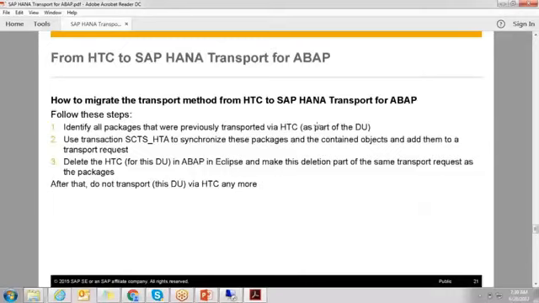Yeah, mostly, if you want to transport at package level, you use SCTS. If you want to transport an entire delivery unit, say there are 10 packages in it, you will go for HTC, like at initial implementation time. If you want package level, you'll go for this synchronization. If you want native DB level, download and upload.